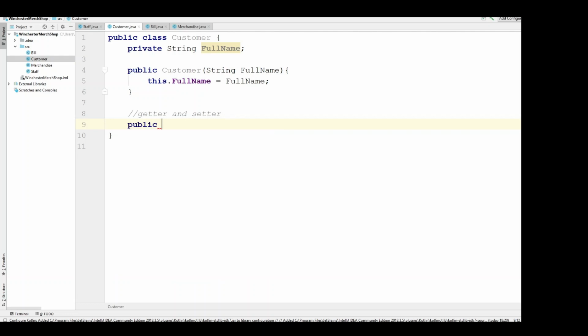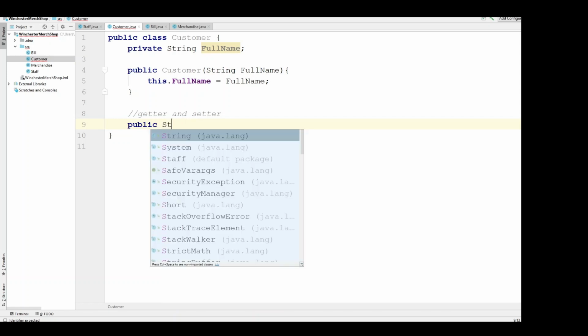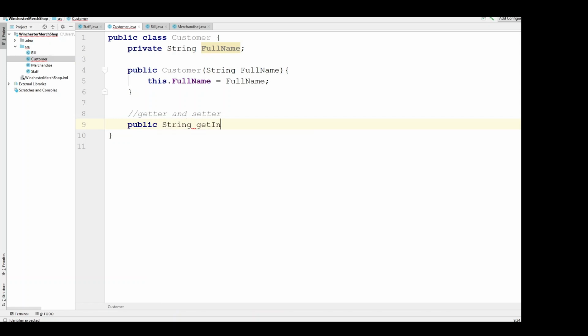So public, void, actually string get information, and I'm going to return full name. So here at the moment I'm getting information. I could also write it as get full name, but in my class diagram I actually mentioned that I would create a get information